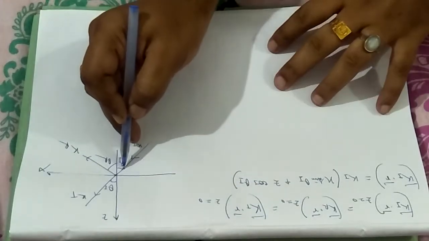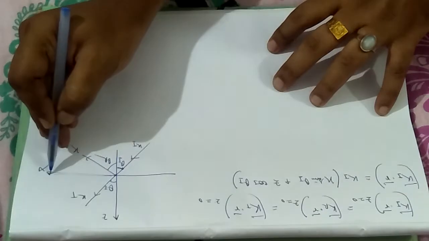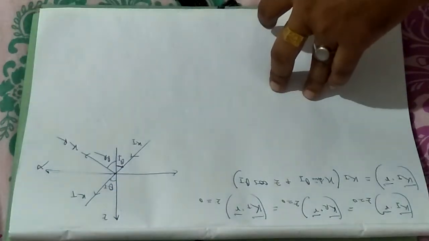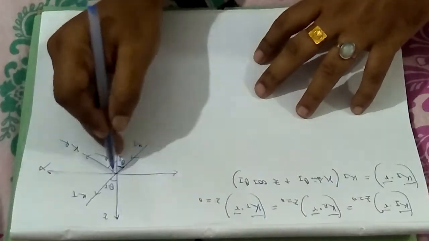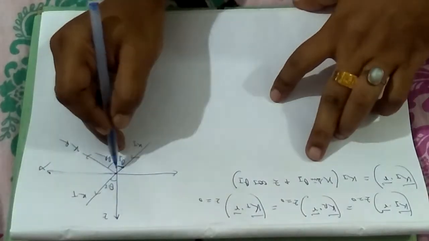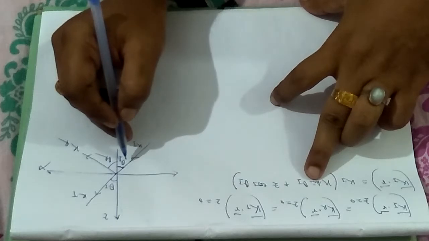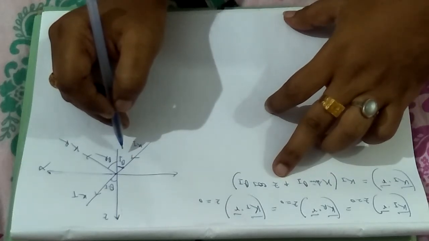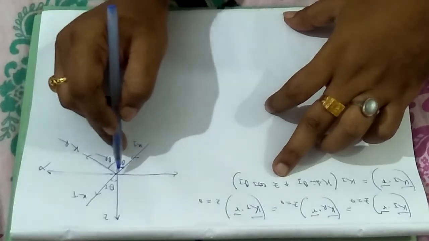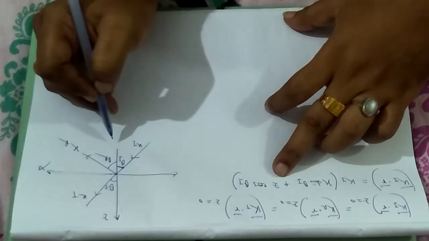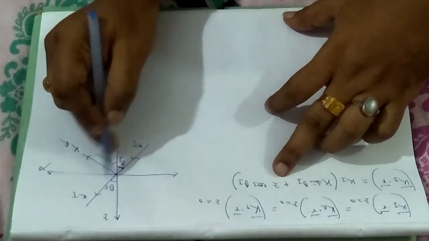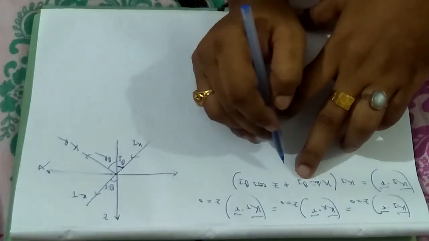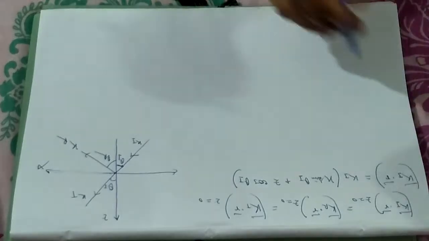Try to understand this one. I have considered the positive x direction and this is the negative x direction. This is the positive z direction, this is the negative z direction. So if you resolve r into two components, how can r be written? r can be written as x sin theta i and z cos theta i. I am resolving it into the x component and the z component. So this is the vector. This will be resolved into two components. One component will be x sin theta i, another component will be z cos theta i.